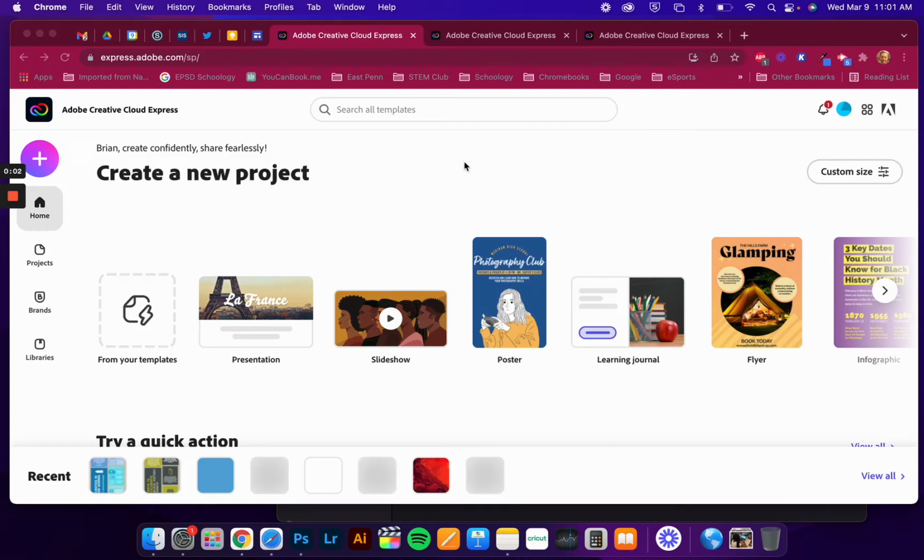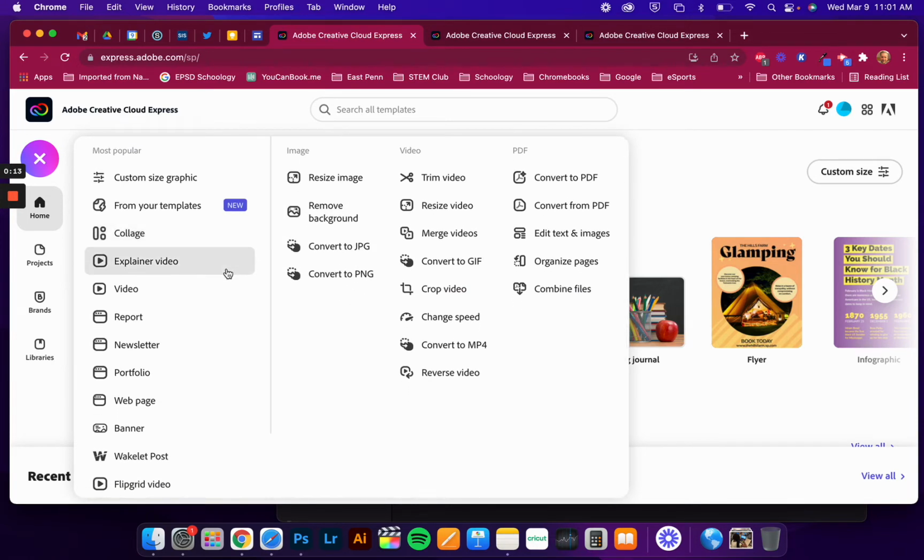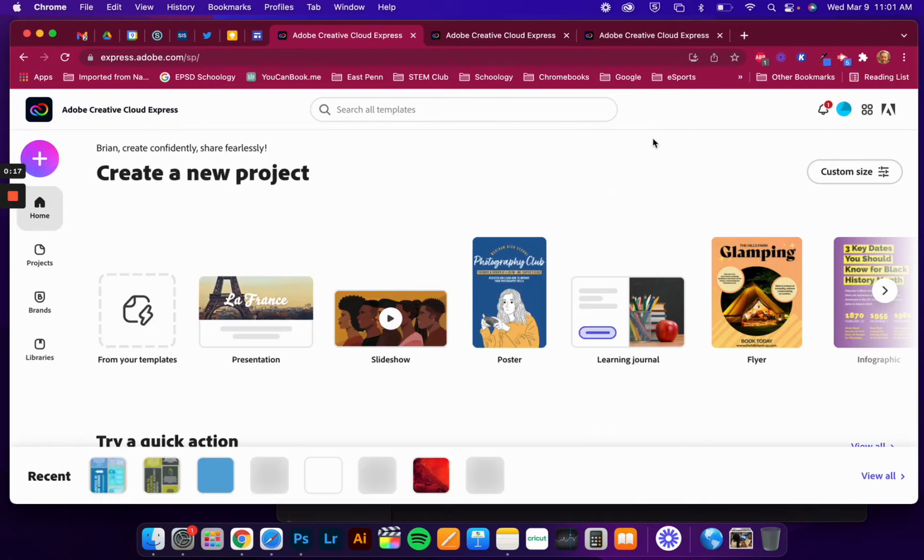Once you are logged in successfully, we are going to be navigating to creating an infographic. Naturally, you're going to want to go over here to this big plus sign that allows you to do a ton of different things, choose some different newsletters, websites, whatever it may be. But for the point of this project, an infographic, you are going to stay on this first section that says